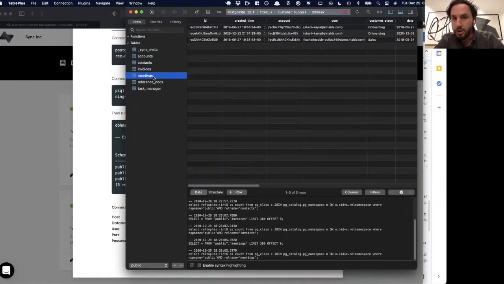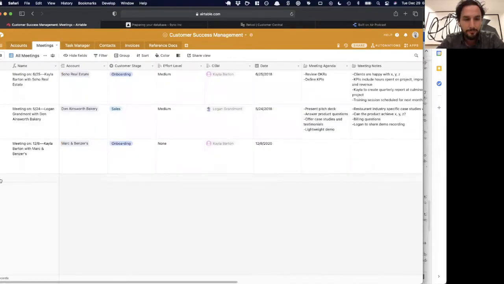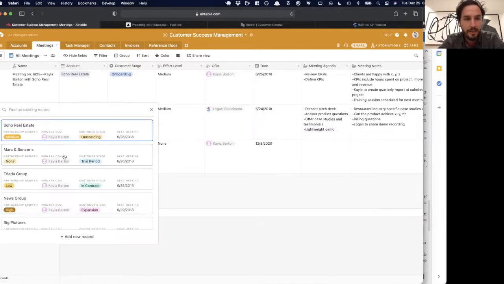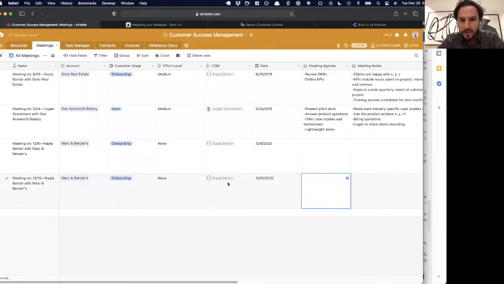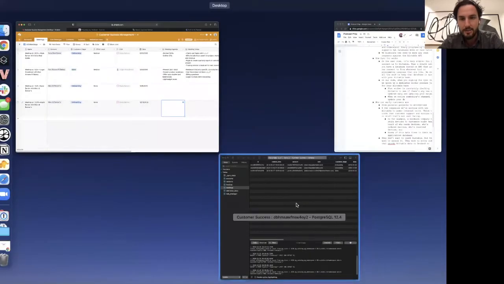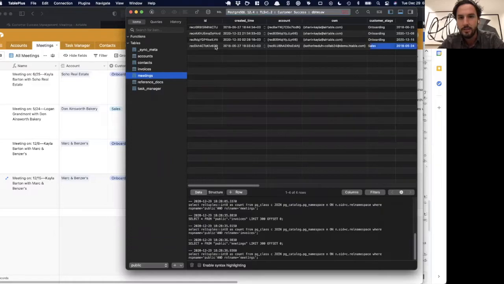And just to show you that it is in real time, let me go back to my Airtable base. And let's say I add a new meeting here. So I'll click in, I'll assign an account here. I'll give it a status, onboarding. That can be none. I'll give it a date. And so that should be enough information to create a new meeting. So I created a new meeting. If I go back to my database, and I just refresh, you'll see there's the meeting